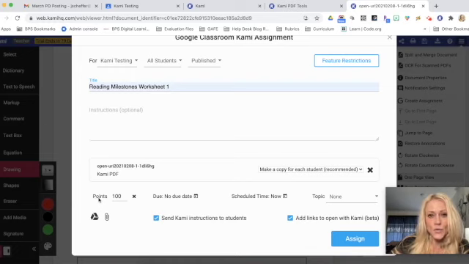You can choose whether or not you want to add a point value, a due date. You can schedule this to go out ahead of time. You can also add this to a topic. So if you don't have a topic, you could create topics in Google Classroom, and you can assign it to a specific curriculum topic. I would also recommend that you leave these 2 options checked on. So the Cami instructions will be for students. Add links to open with Cami. And then what you'll do is you're going to click on assign,